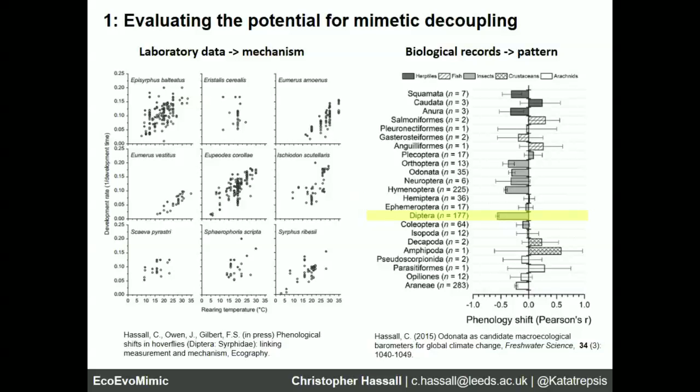Also featured on that plot, of course, are the Hymenoptera, which are the models in this system. The majority of those are bees and wasps, but there's a series of ants, which we'll throw out for now. So we have, in aggregate at a community level, our models and our mimics, which are both responding very strongly to climate change. Note that the Hymenoptera are not responding quite so much, but we don't have to settle with this community level data. Because mimicry has been so well studied in these two groups, we can look at pairwise interactions between models and mimics to see if they're reacting to climate change in the same way.